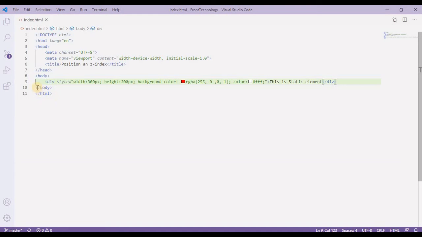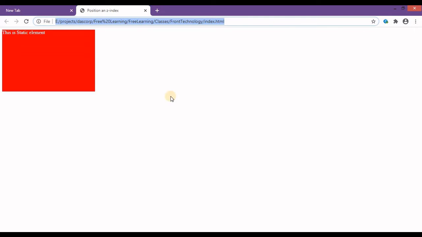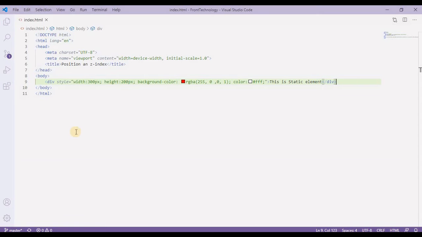I will see how this is looking. Now as you can see, this is a static element, and it is static because I have not mentioned any position. So let's try in our code if I am telling the truth or not.